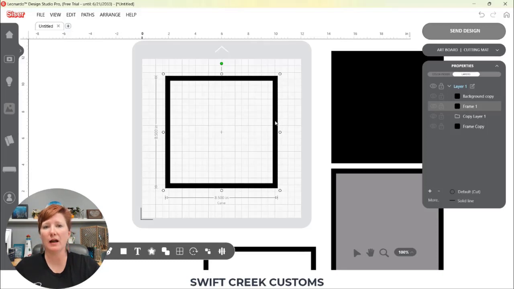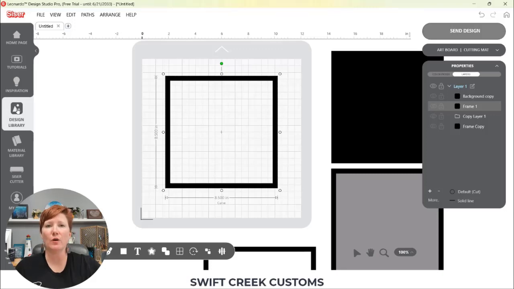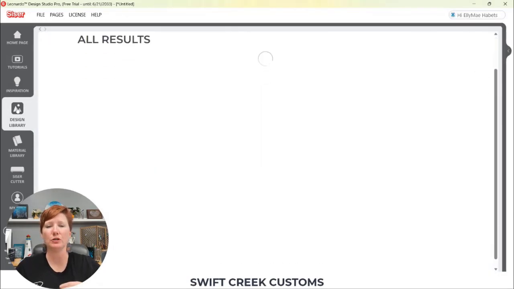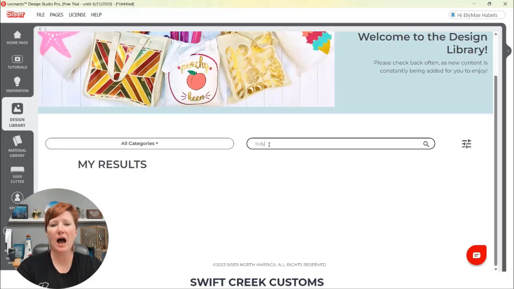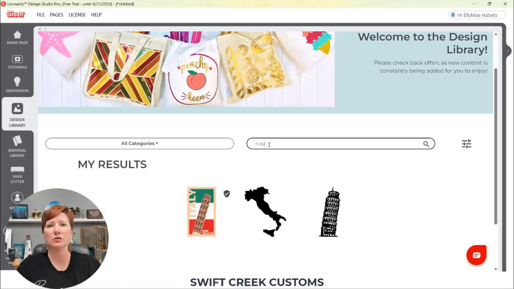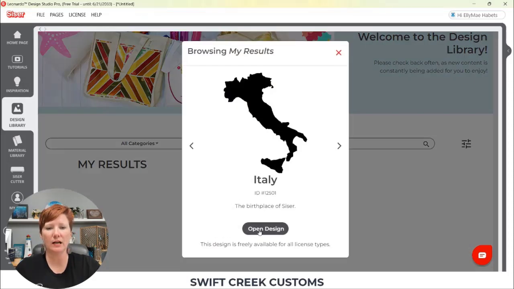So here is my first layer that's going to stack on top of my background, which is going to be a photo. I'm going to bring in a file from the design library, and this is where you can create your personal designs. You create your shadow box. I was creating this shadow box personally for Siser to present to them. So I brought in the shape of Italy, clicked on it and clicked Open Design, and it's going to open